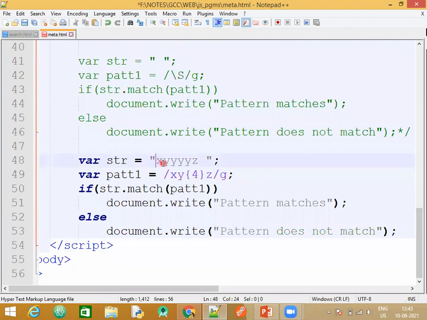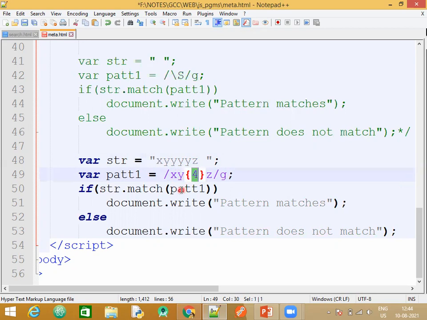One string which contains single letter X, Y repeated 4 times, single letter Z. Now observe the pattern here. What I want is my first letter to be X. My next letter, the second letter Y, should be repeated 4 times.